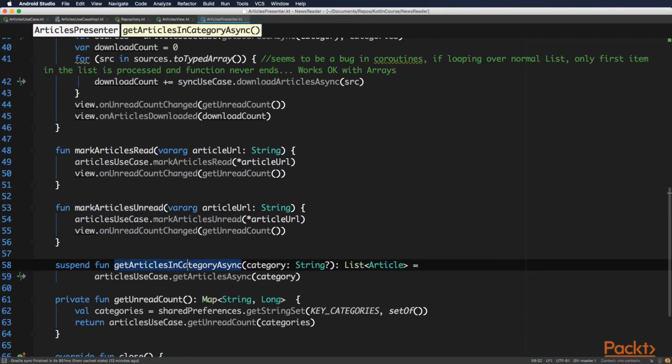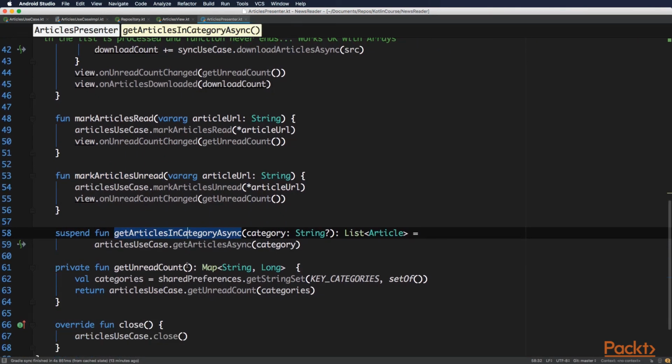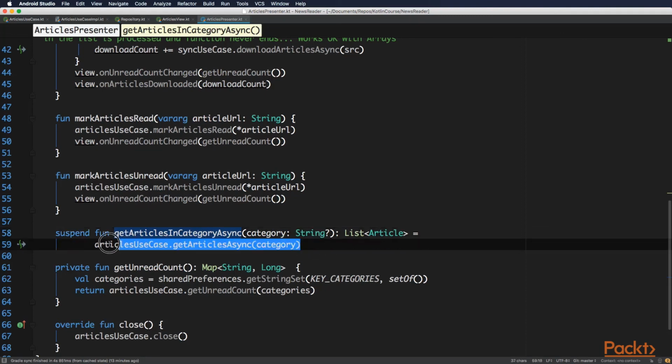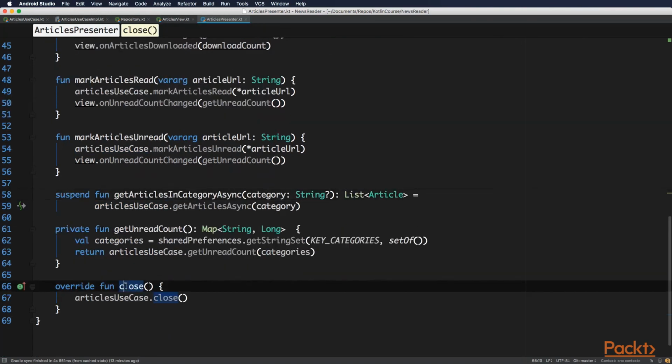And in the last method, you can see a Kotlin function with expression body. And it's legal in Kotlin to omit the return statement and curly braces for one-line functions. So in this case, this returns a list of articles. So that's why we don't have a return statement or the curly braces. And finally, you have the close method, which just delegates the call to use cases so the repositories get